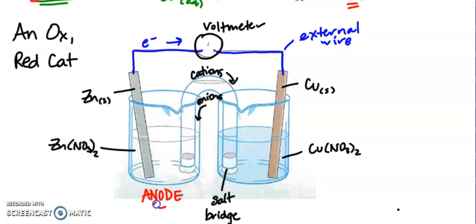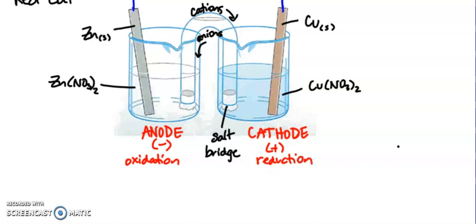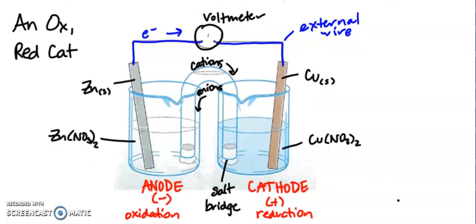Okay, so here's my negative charge, and this is where my oxidation is happening, which makes this my cathode, right? And here's my positive, and here's where my reduction is happening. Okay, so I'll show you in class kind of a simulation, but what's really happening here is we have our